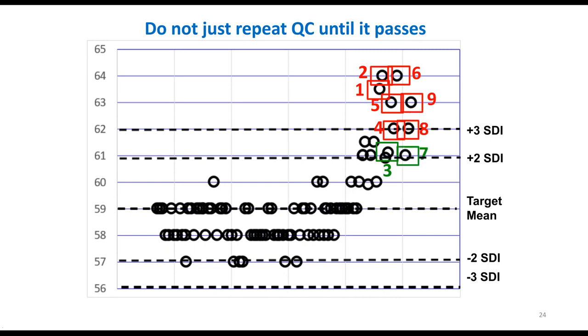So you can see here that numerous QC repeats failed, but a few actually passed. Here there actually is a real problem with the measuring system. You can see that the whole distribution shifted. However, some of the QC results actually passed just due to imprecision in the assay. So this is the reason why it's a bad idea to just repeat QC until it passes, because you can miss a real problem. You should also continue to investigate if any repeat QC values just barely pass after an out-of-control event, because this distribution shift could have happened.